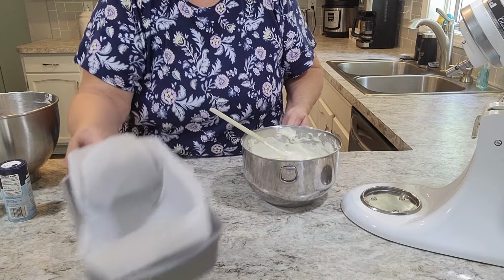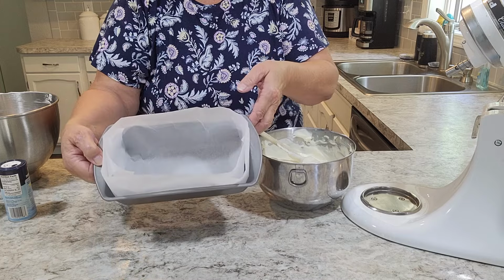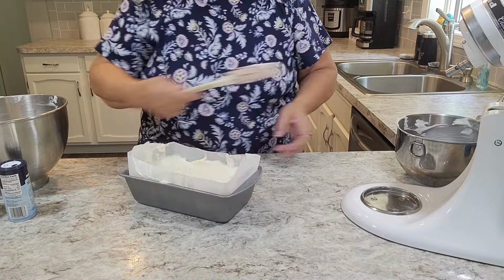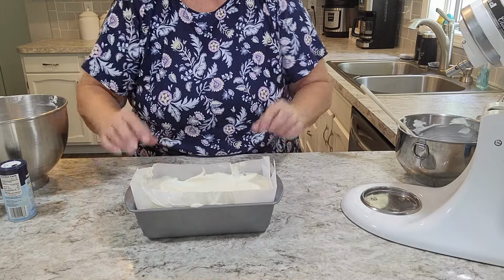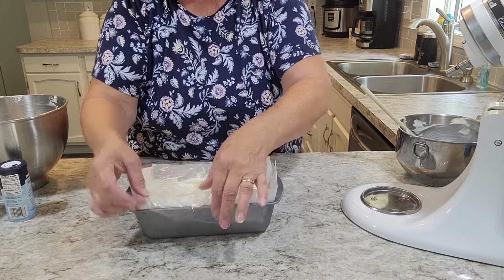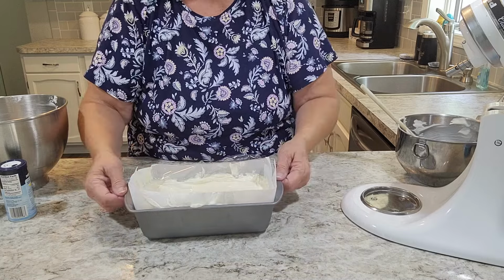So I'm going to put it in a prepared pan. It's just a bread pan that I've lined with parchment paper, and I went ahead and cut the sides just to make it stick a little easier. All right, then I'll get a piece of plastic wrap and put it on the top there to keep it from forming ice crystals. Put it all the way down onto the ice cream, and then it's ready to go into the freezer. If you want, you can cut down the sides of the paper, but it's not going to